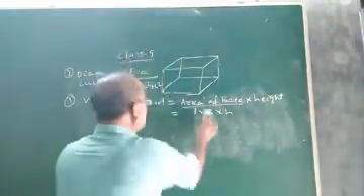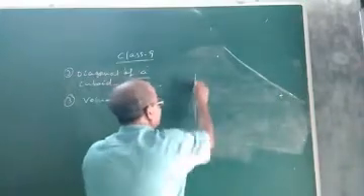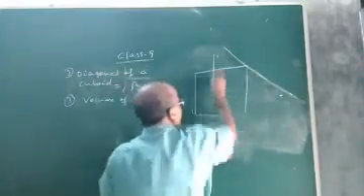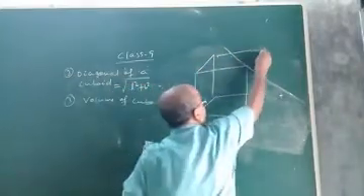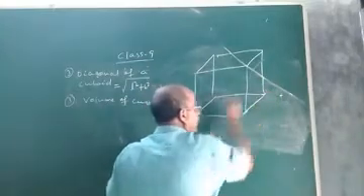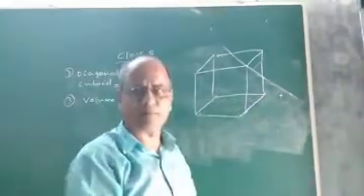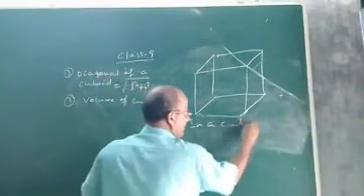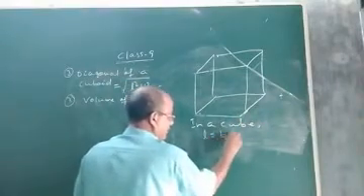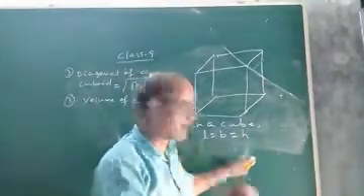Now let us discuss about cube. Children, already I have discussed in the previous class that in a cube, all the 3 dimensions, that is length, breadth and height, are the same. Let us draw the figure of a cube, 3D solids you see. Suppose this is a cube. In a cube, the length, breadth and height all are of same length. That means in a cube, L equal to B equal to H. So as the length, breadth and height of a cube are same or equal, we denote it.